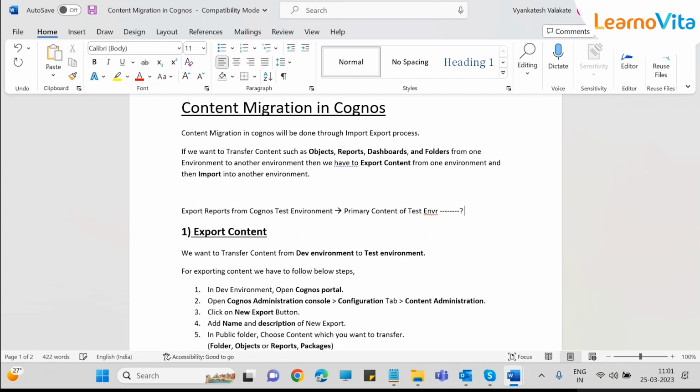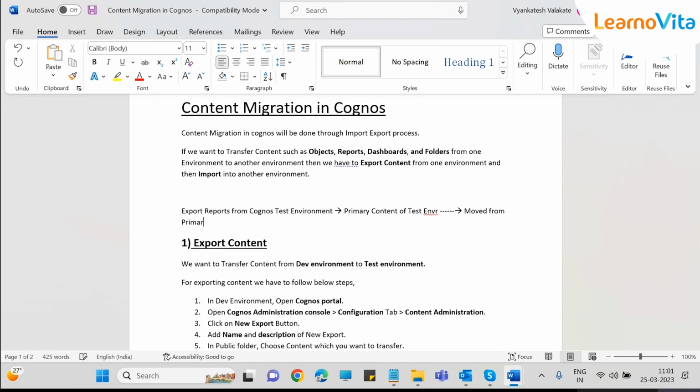Then that needs to be moved from the primary content manager here of the test environment to the